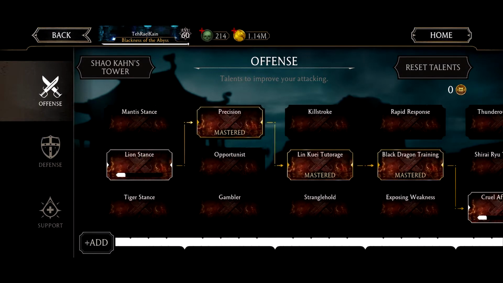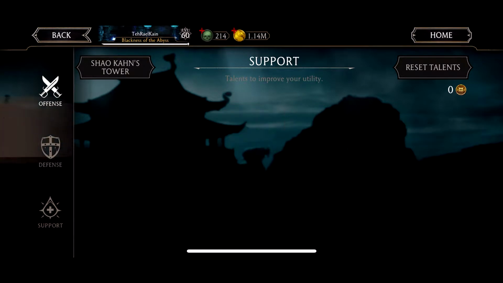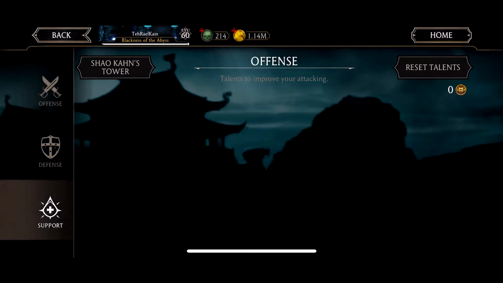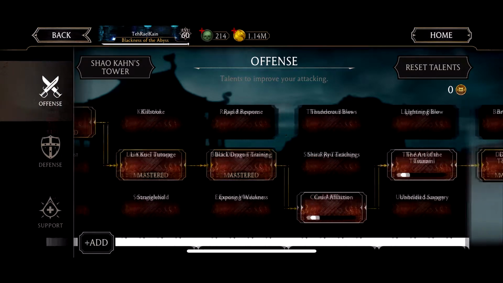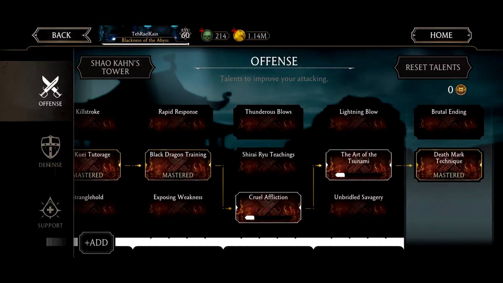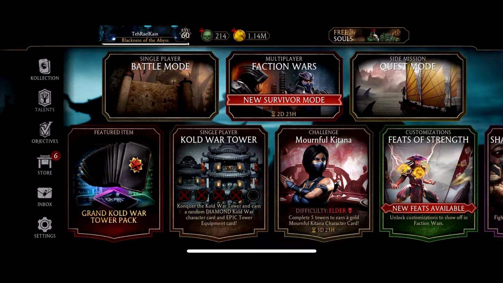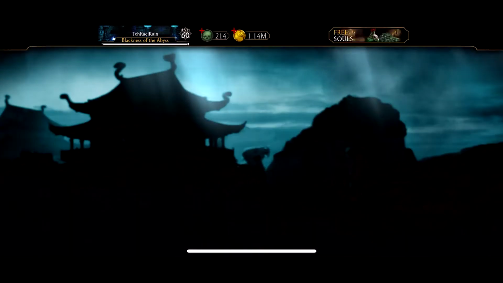Talents are made for improving your attacking, defense, or any support. Basically, you can increase your damage or you can increase your critical chance. So it's very useful. Now you need talent points for these,